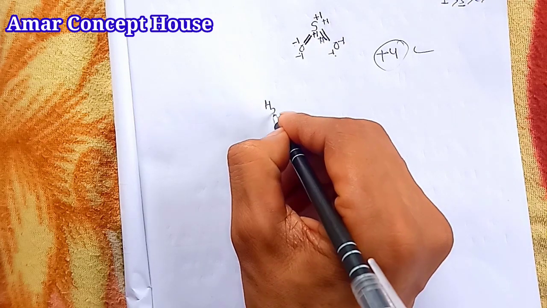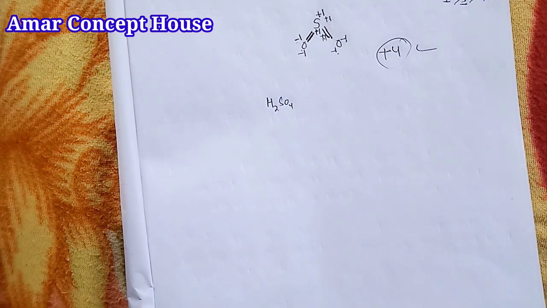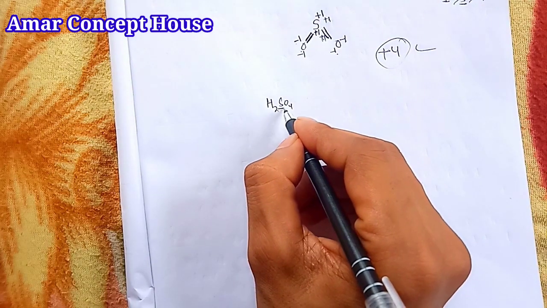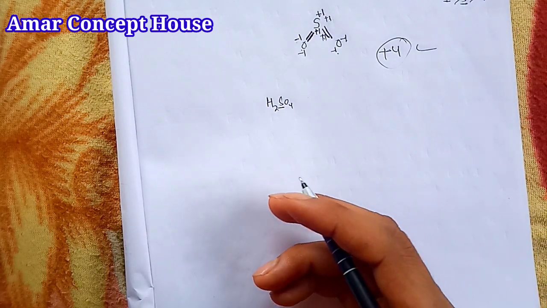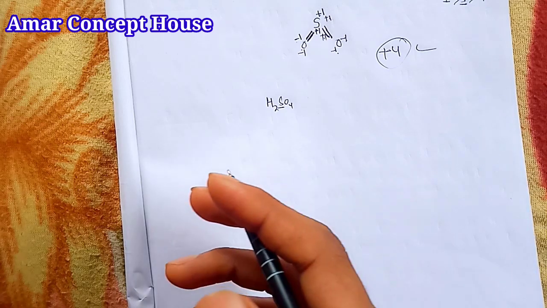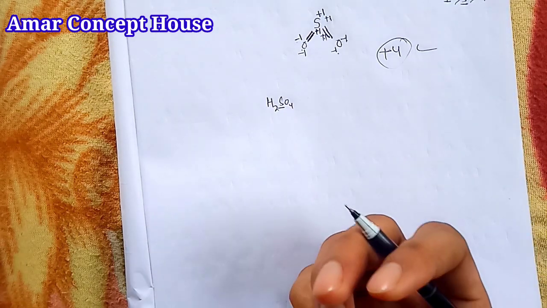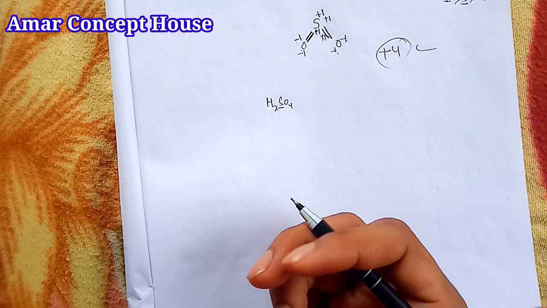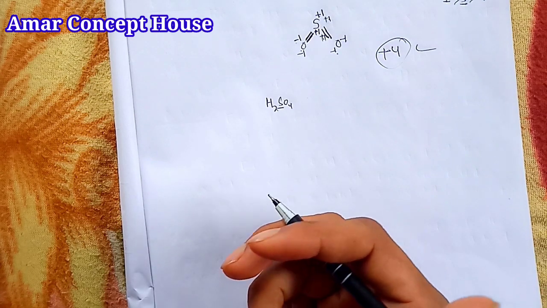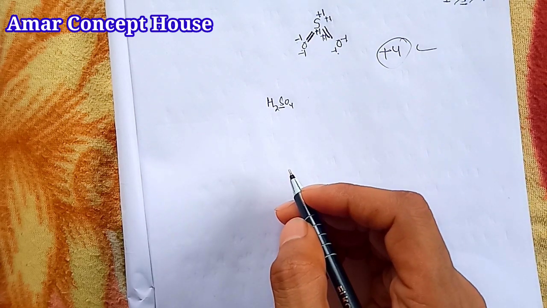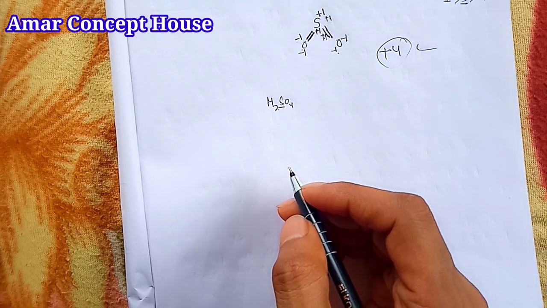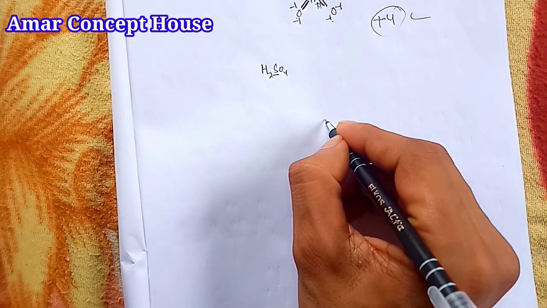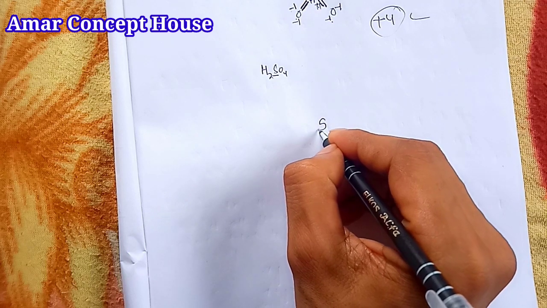Now I want to give another example. Find the oxidation state of sulfur in sulfuric acid. Calculate the oxidation number of sulfur in H2SO4. We have already calculated the oxidation number of sulfur in Na2SO4 in our first video by applying the formula. But here we are going to calculate the oxidation number of sulfur in H2SO4 by creating the structure. So look at it carefully. What is the structure of sulfuric acid? Sulfur